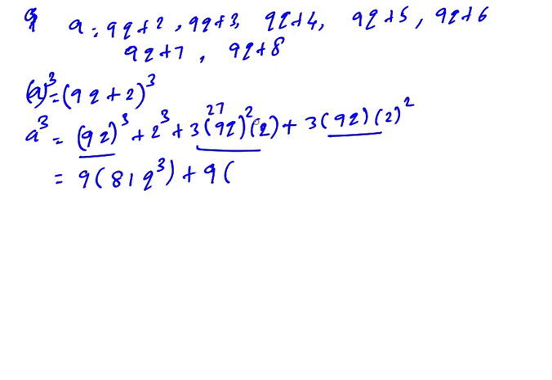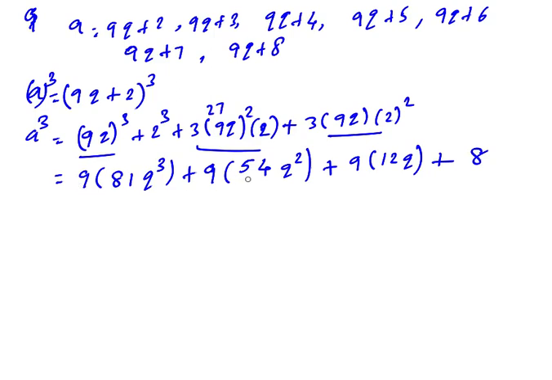27 times 2. So 7 2s are 14. 2 2s are 4 plus 1 is 5. So 54 q square plus. Here also we'll take 1 9 outside, so that the remaining will be 2 2s are 4, 4 3s are 12, 12 q. This term is not having 9, so we'll write separately plus 2 into 2 into 2 become 8.